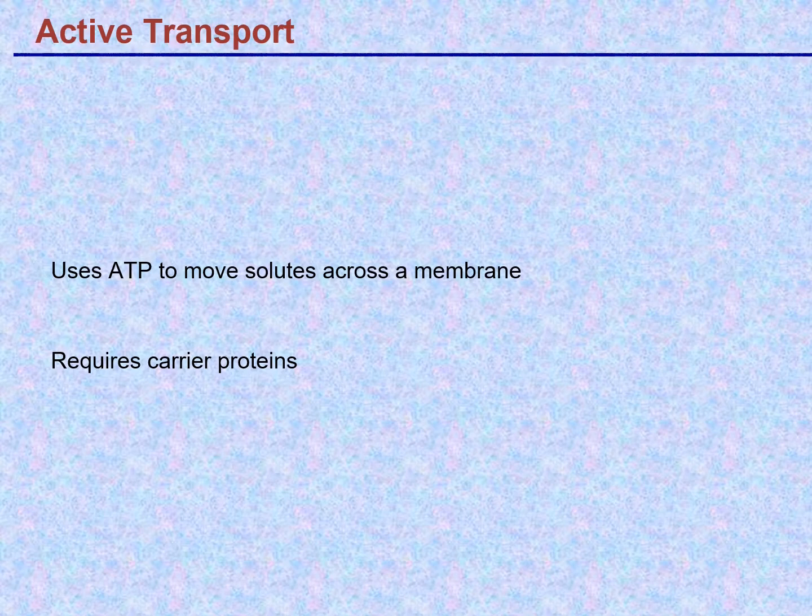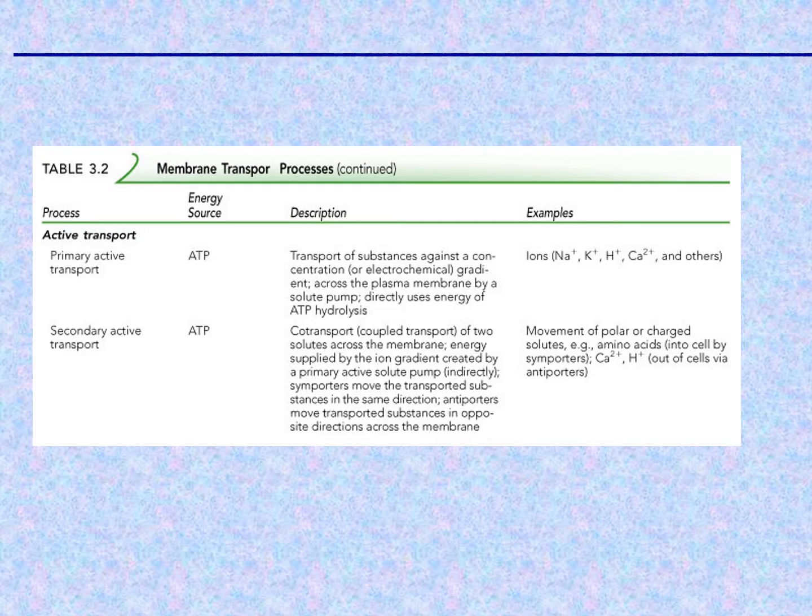And typically the form of energy input, the source of energy, is from ATP that the cell has built up as a storage form of energy that's readily accessible to it. These systems require carrier proteins as part of the transport mechanism and the use of energy. So there are some primary active transport and secondary active transport mechanisms, but I'm not going to go through that. I'm just going to speak more generally about active transport and